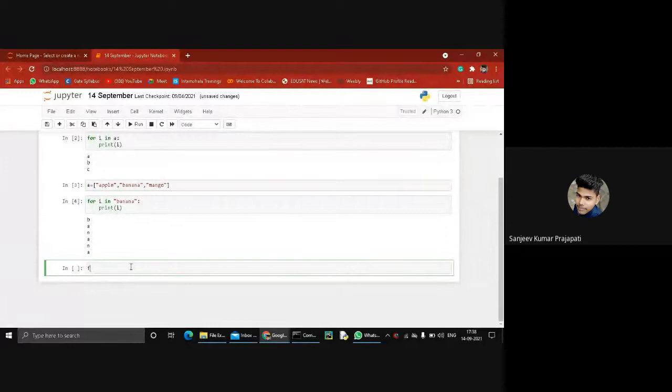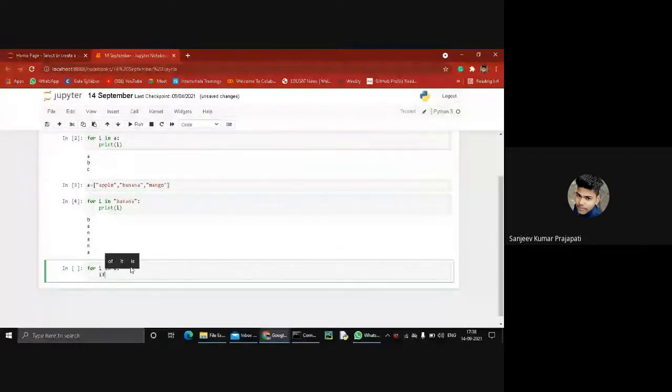So next important thing is the break and continue statements in a for loop. For example, I perform this operation: for I in a, if I is equal to apple, and the statement is break.